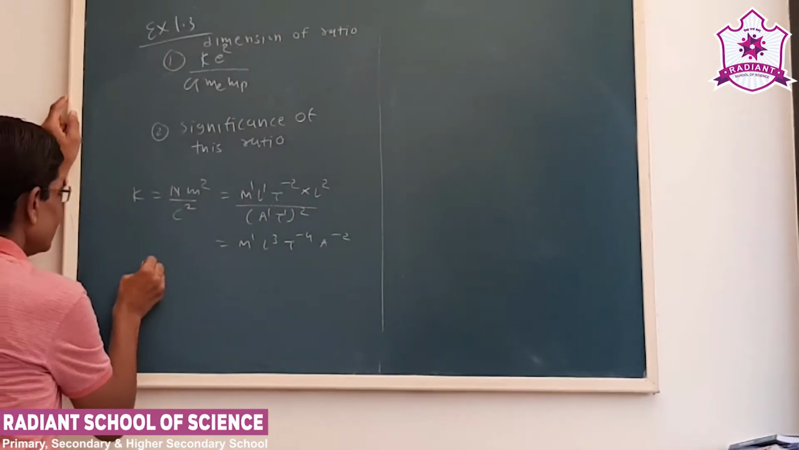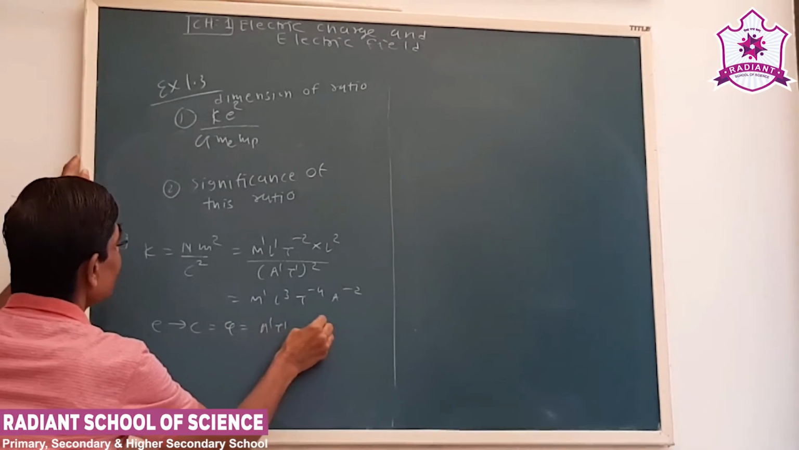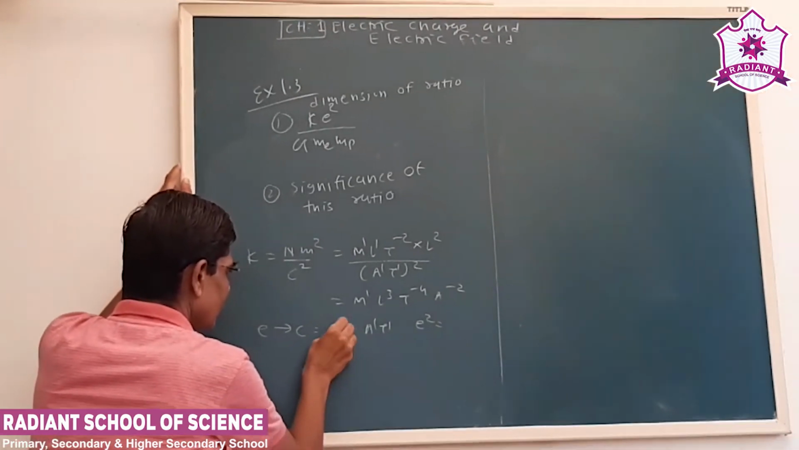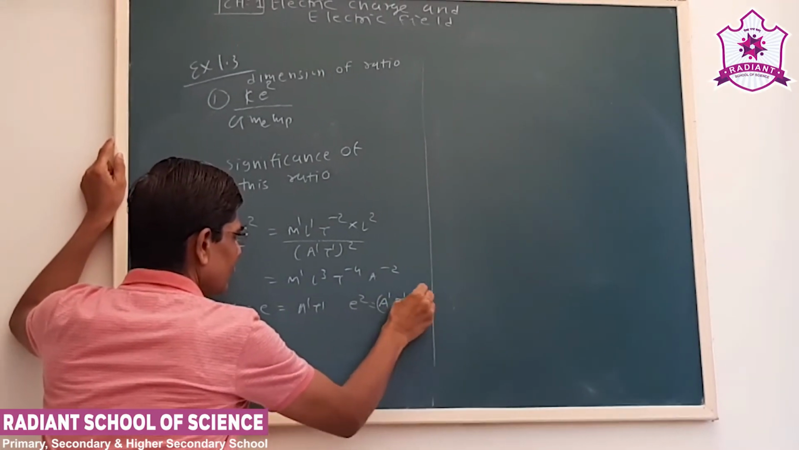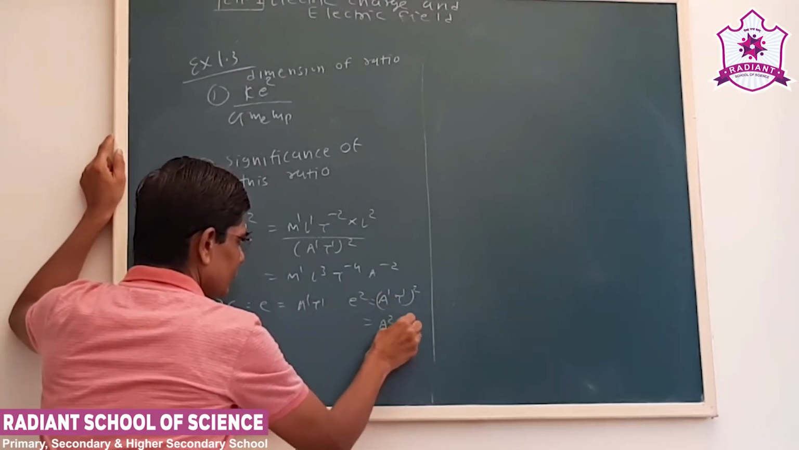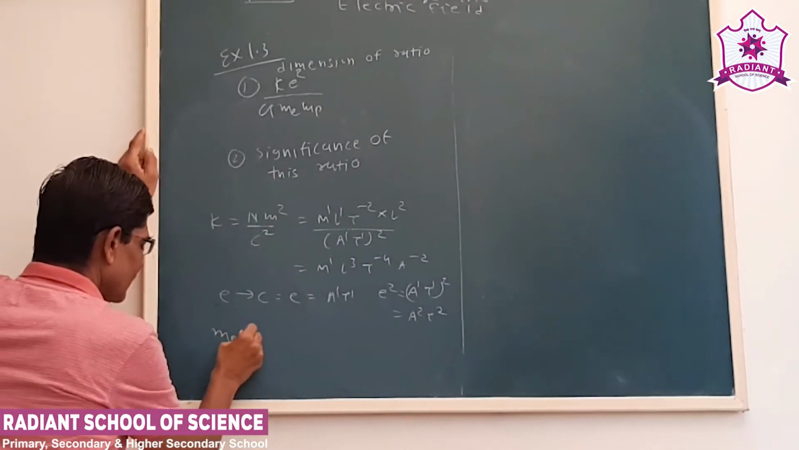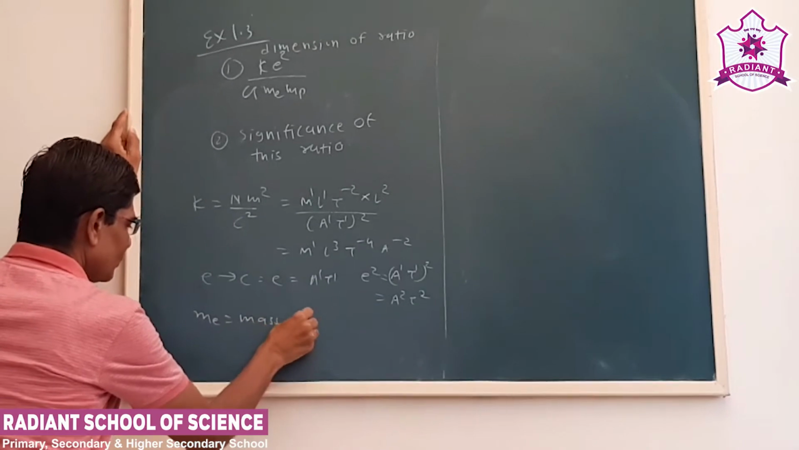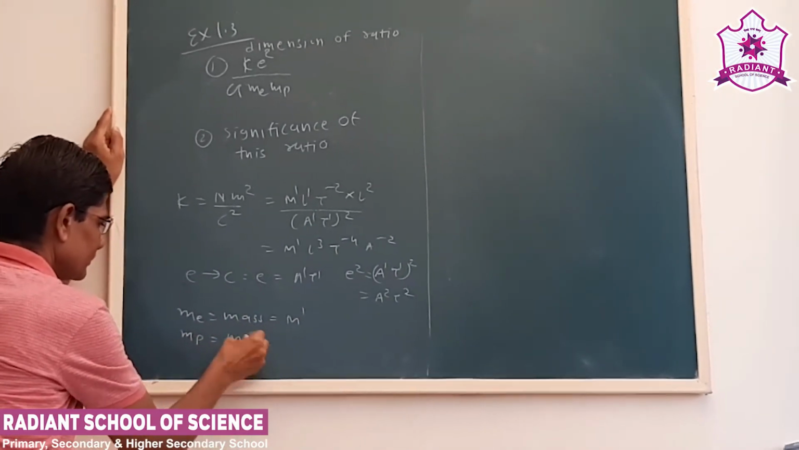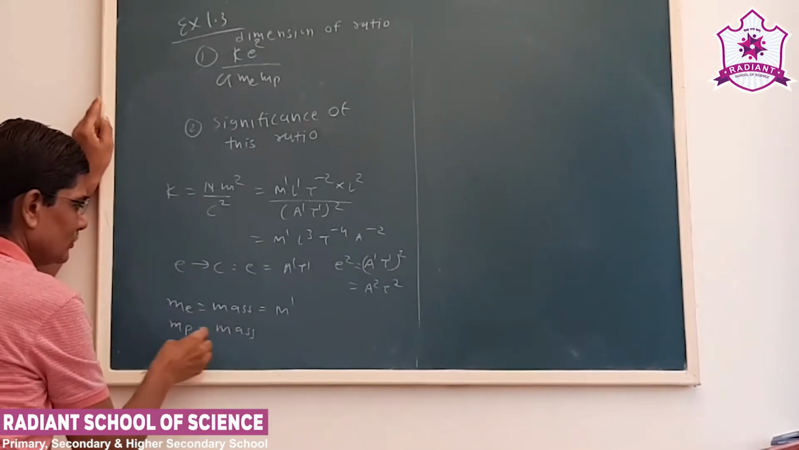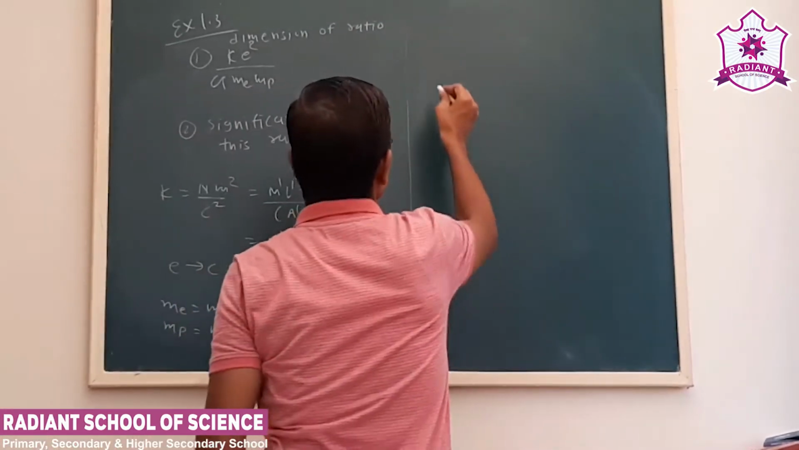Okay. Now E is the charge, Coulomb. Q is equal to IT, A1 T1. E square is A2 T2. Okay. Then ME is the mass, dimension will be M1. MP, this is mass of the electron, MP is mass of the proton. Okay. Now G